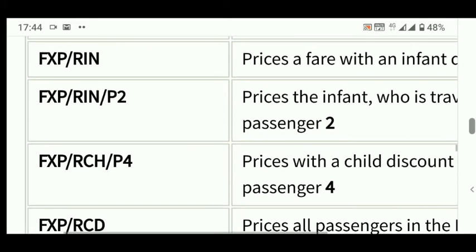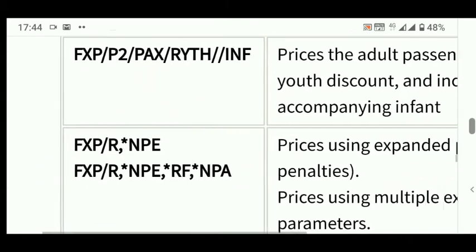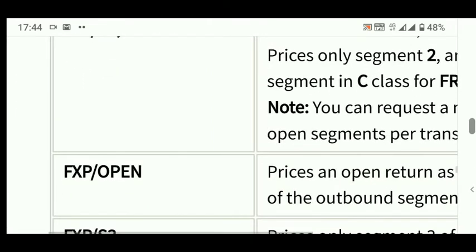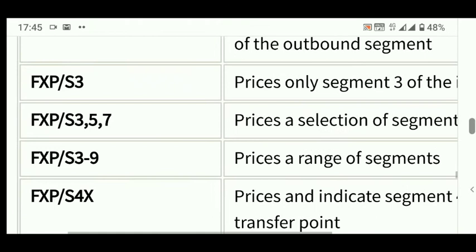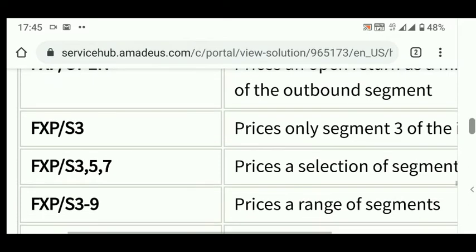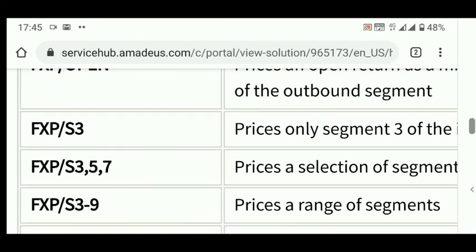So the next command, friends, there are various commands available. If you are an experienced person, you can easily understand this. The other scenario is if you want to see the segment-wise cost. Suppose you have created Bombay-Frankfurt and Frankfurt-Bombay, and now you want to see segment 3 or segment 2, the Frankfurt-Bombay alone. If you want to check the cost, in that case you have to enter this